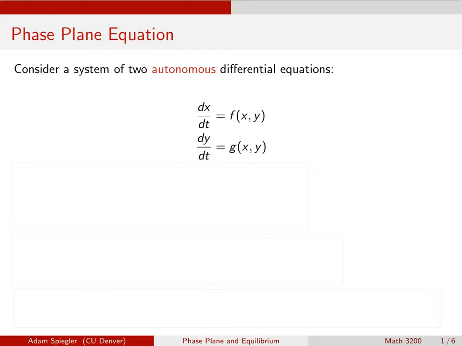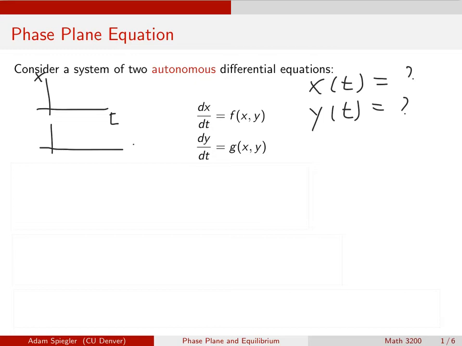When our system of differential equations is non-autonomous, then this won't necessarily work for all of those systems. But for an autonomous system, what we're going to talk about in the next couple of videos, we can look at what's called the phase plane equation. So ideally, when we're solving a system of differential equations, ultimately what we're looking for in the end is a solution. How does x depend on time? How does y depend on time? And then we've talked about how we could plot those solutions,